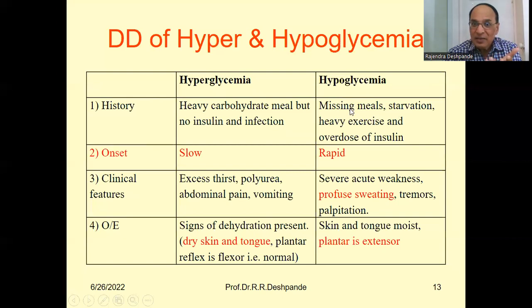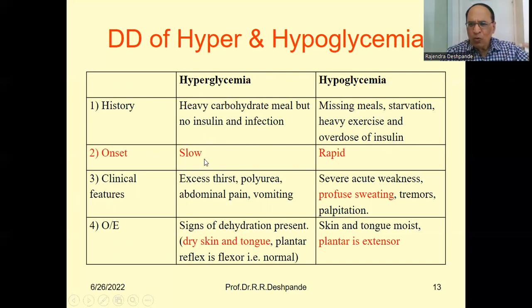Hypoglycemia, when it is taking place: missing a meal. The patient is taking insulin, and all of a sudden the grandfather says, no, I don't want to eat. I have gas and constipation. I don't want to eat. Insulin is already given. So that is very dangerous because of the missed meal, starvation. Sometimes without eating, without taking breakfast, they go for walking and assume themselves to be fit. They take the insulin, do heavy exercise, and that is dangerous. Overdose of insulin by accident is also dangerous.